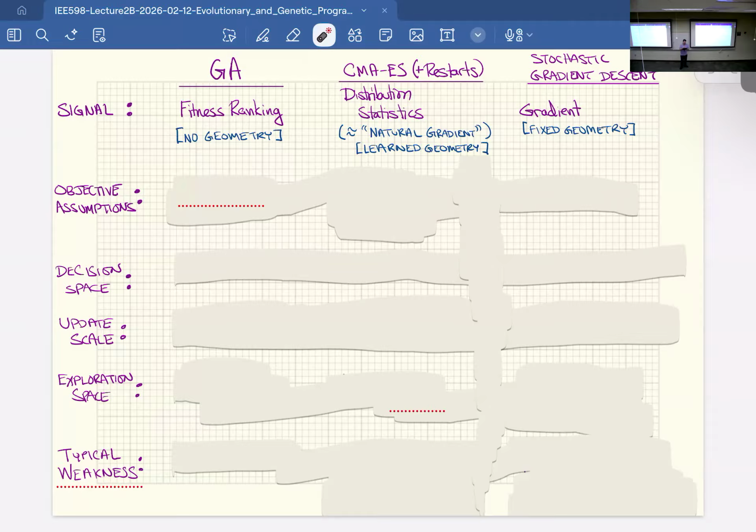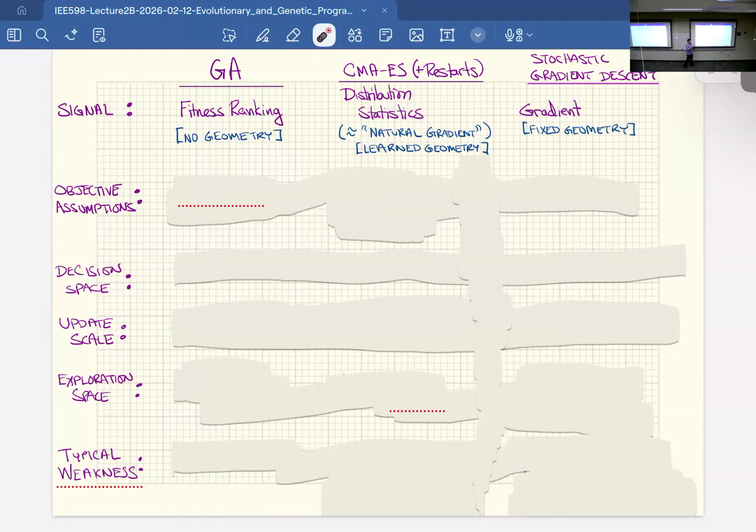significantly. So in the GA, it's the ranking of fitness. It's the absolute values of the optimization objective. And we don't consider any geometry. We don't even try to learn the geometry. We just say, based on raw fitness, I'm going to, as I mentioned before, it's kind of hypothesis testing. I've got support for sticking around this value, but this value has such lower fitness that I've got to reject that hypothesis and not consider that anymore. So you're not considering the slope or anything like that. You're just sampling and trying to use raw fitness to move through. That's where you get this information.